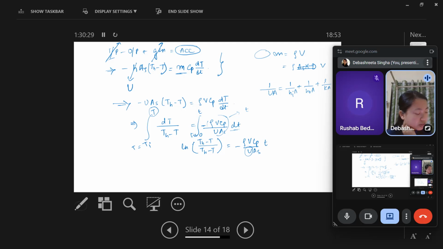Here these are not there, so A is anyway constant, so you can find out the overall heat transfer coefficient as